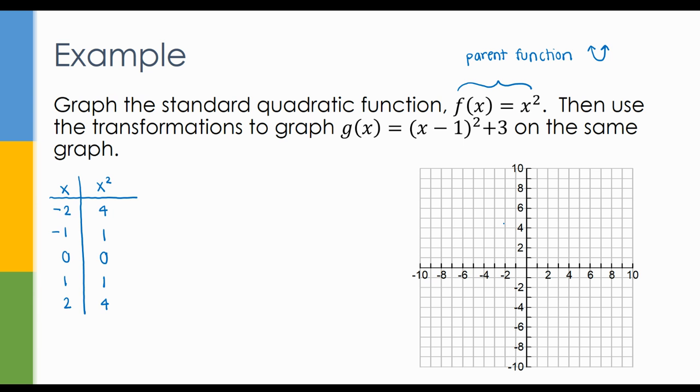So I'm going to plot those points. So negative 2, 4, negative 1, 1, 0, 0, 1, 1, 2, 4. I'm going to connect them. I'm going to put arrows on either side. I'm going to label my function f of x because we're going to have two graphs on this function. I need you to label so I know which one is my original and which one is my graph that